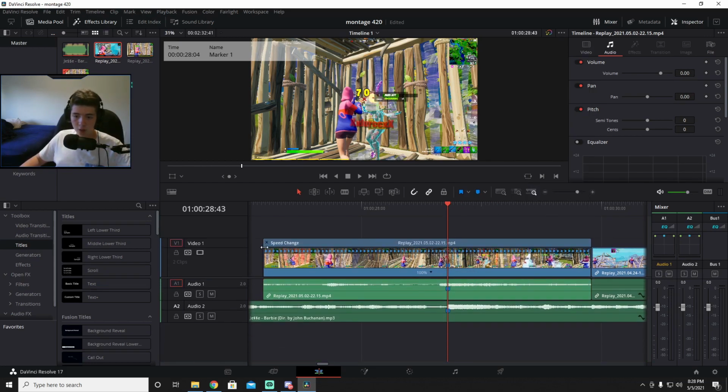Alright, and this is what should pull up. You should just see something like this. Make sure you're zoomed in enough so you have an accurate view. You control everything like that. Alright, so what you want to do is go ahead and click right here, add speed